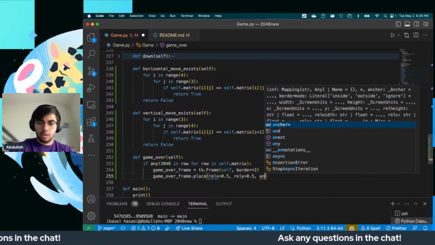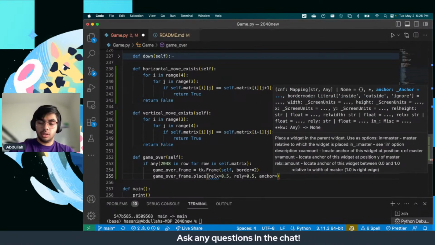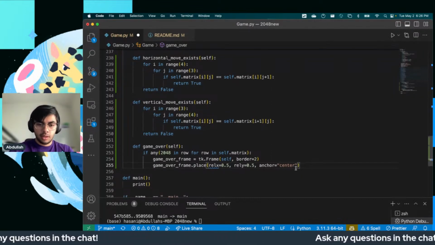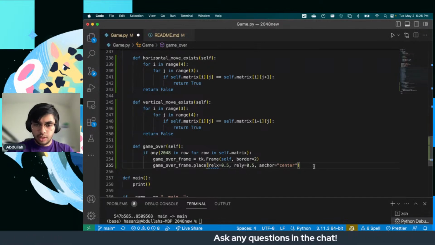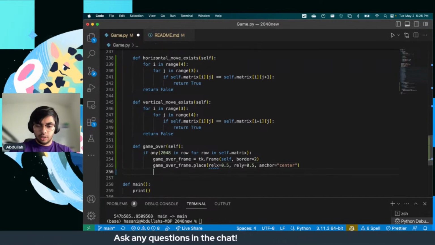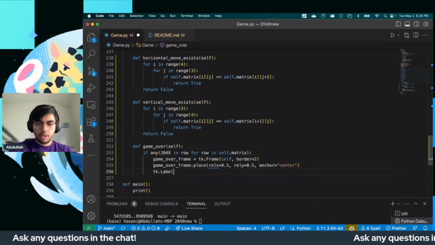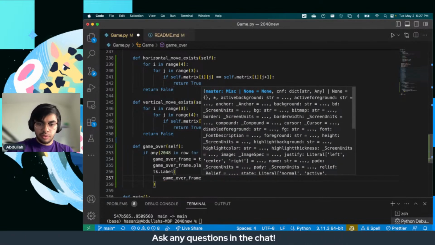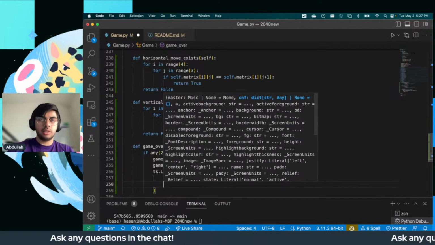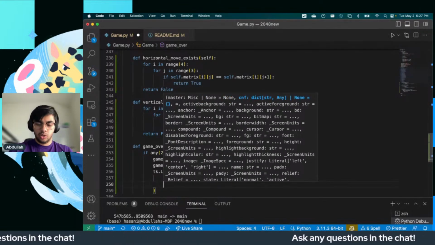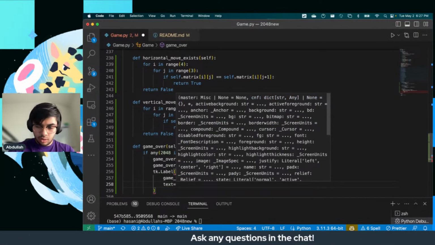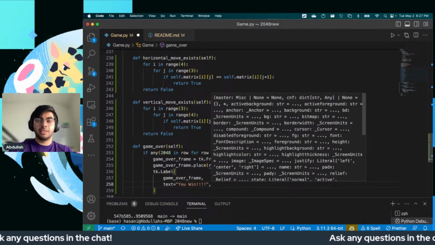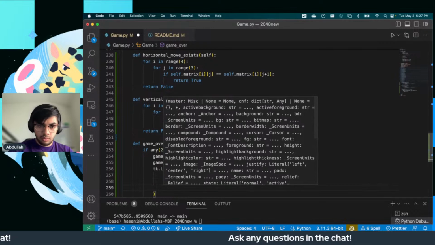And lastly, you want to anchor it to the center. All right, so that is the game over frame. This is locked into 0.5 relative and anchored to the center. Then you want to actually initialize the label, so tk.label at, this is going to be the game over frame, is going to be where it's at. This text is going to be, you can write text equals you win, yay. Otherwise, let's see, wait, before we get there,